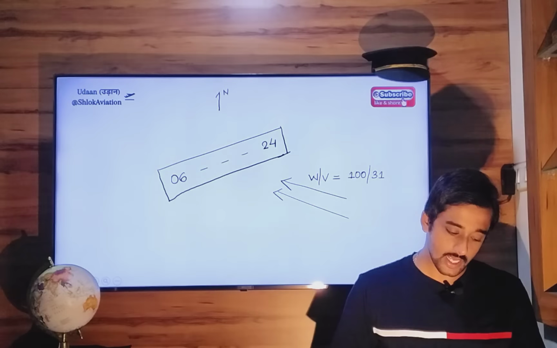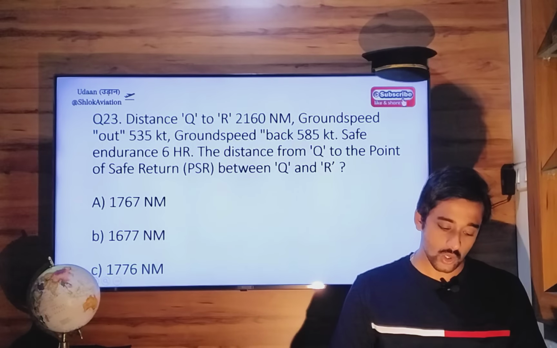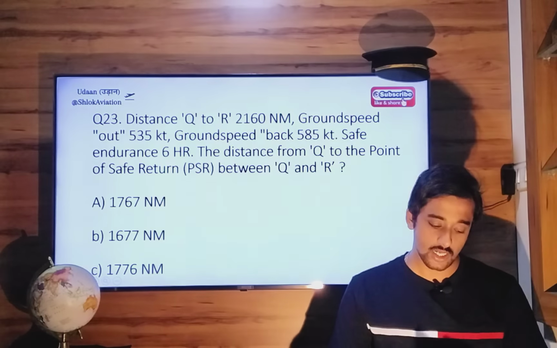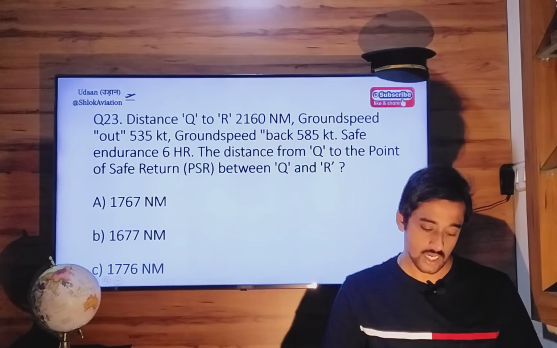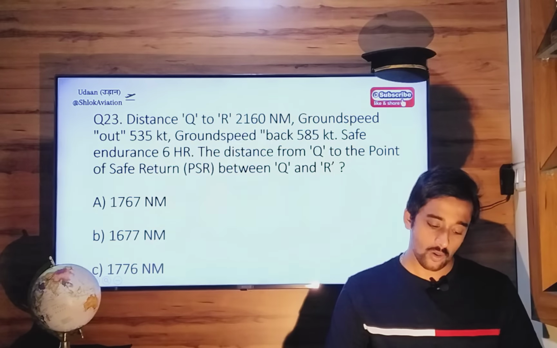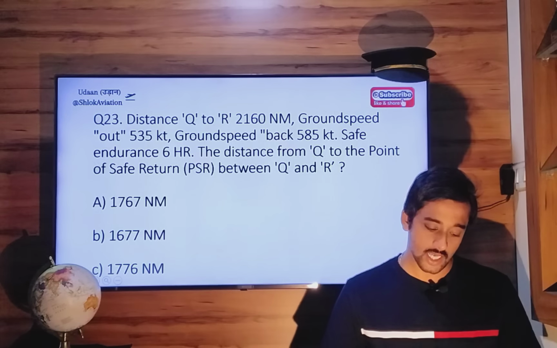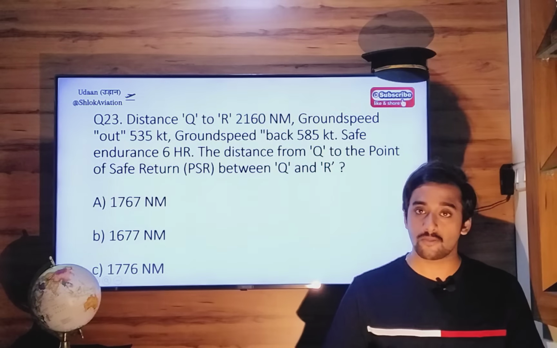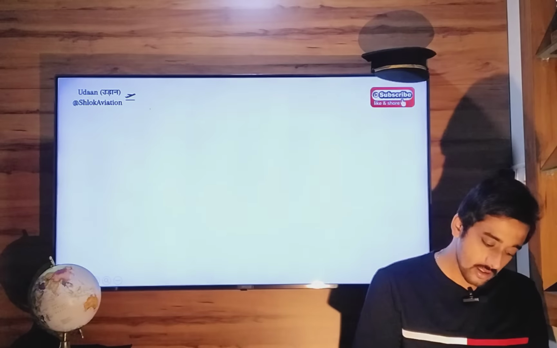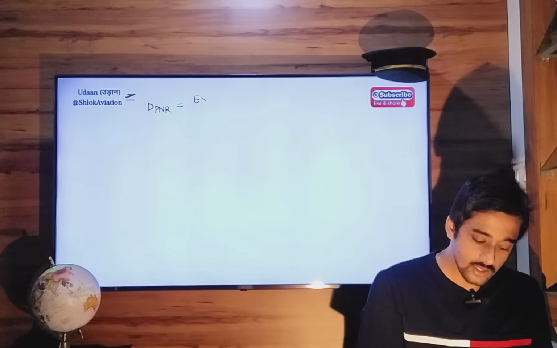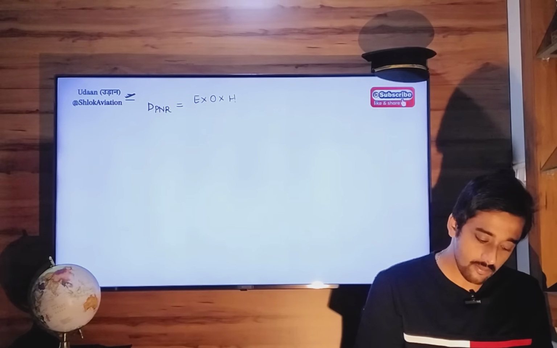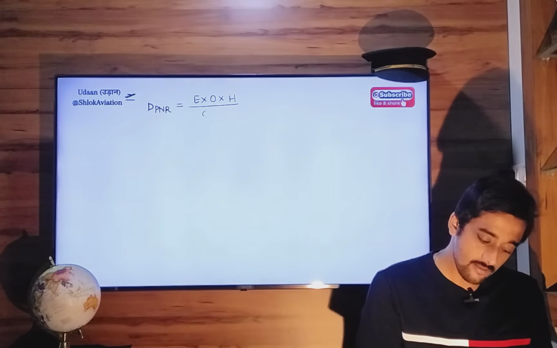Next, question number 23. Distance Q to R, total distance departure to destination is 2160 miles. Ground speed, outbound speed, homebound speed are given, endurance is given. What is the distance from departure to point of no return? So distance to point of no return is endurance multiplied by outbound speed multiplied by homebound speed divided by outbound